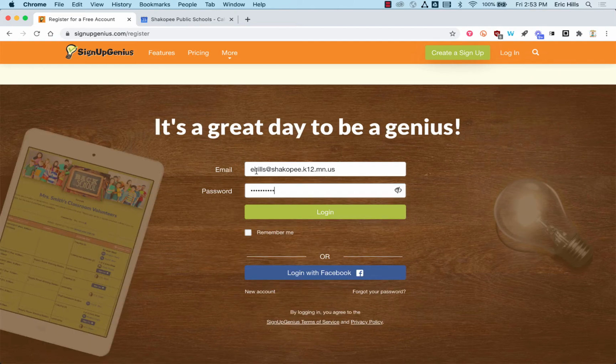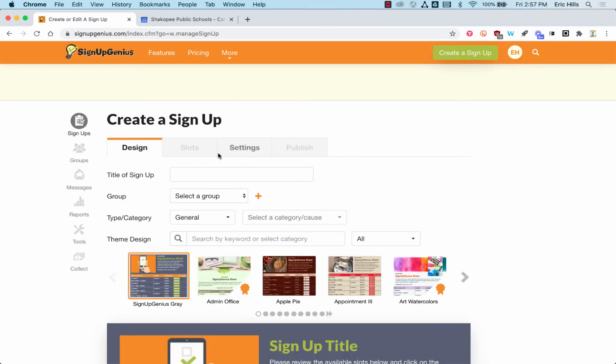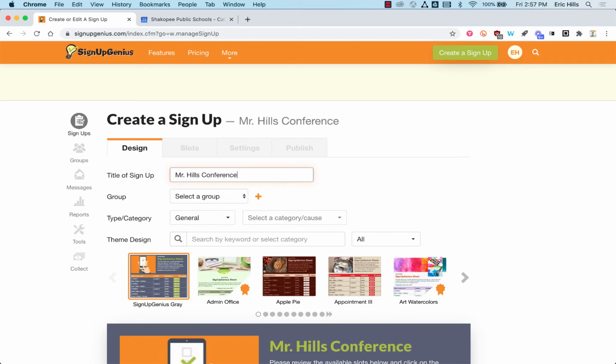You're more than welcome to use your shakopee.k12.mn.us email address. Once you are into your account, what you're going to do is go to where it says created, and these are signups that you have created. I'm going to create one up here by clicking on this button. Now that I have created a sign up here, I'm going to title this Mr. Hills Conferences. And then what I would do is hit this plus sign here to add a new group, and